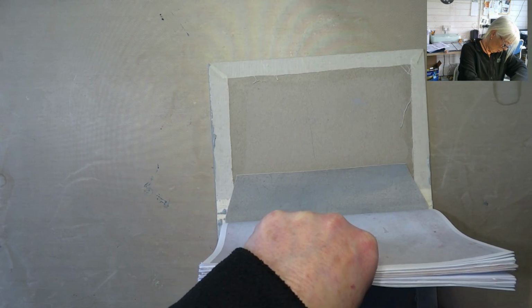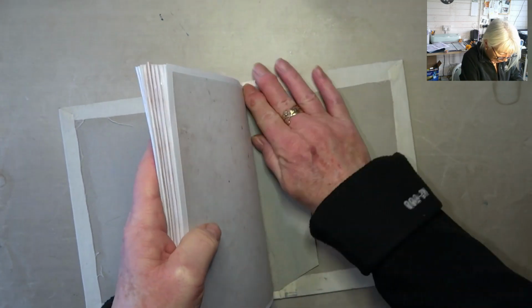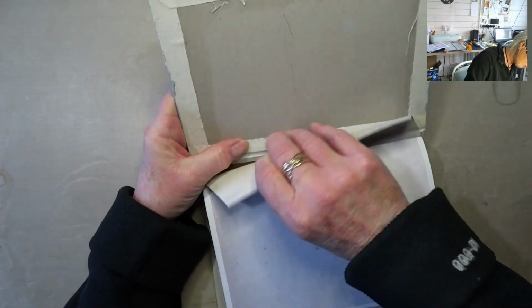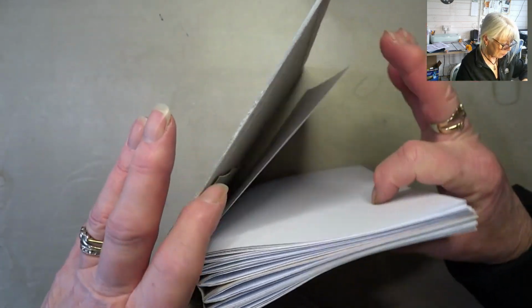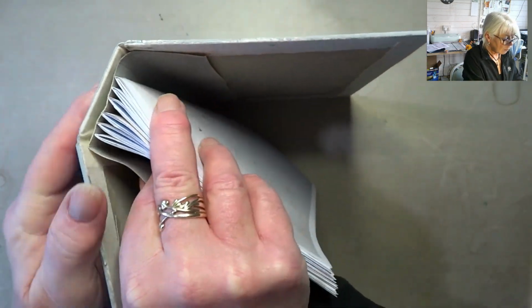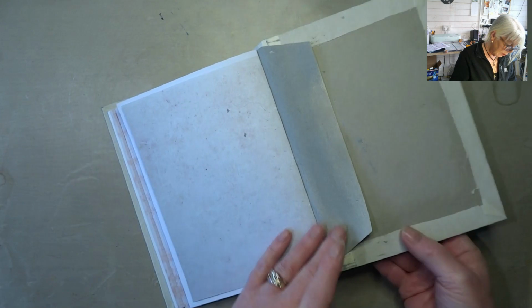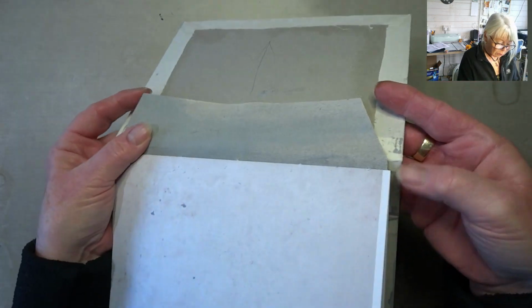Sorry, you can't see what I'm doing at the back. I'm just peeling off the other bit of tape. And I am just going to press that flat. Okay. I'm still not happy with that. So I've got one side pushed down. That's what's happened. Okay, that bit has come way over and has slipped, I think. Or has it? Yes, so that bit's...